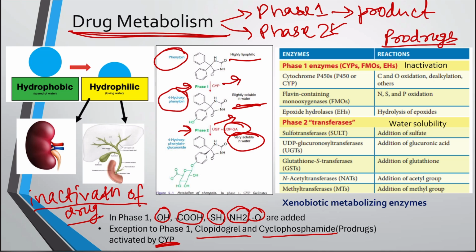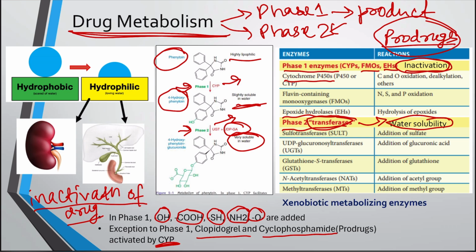Now coming to different enzymes which are responsible for catalyzing the phase 1 reactions and phase 2 reactions. So first, phase 1 enzymes. In phase 1 we have enzymes like cytochrome P450 enzyme, which is the major group of enzyme. Then we have FMOs, that is flavin containing monooxygenase. Then we have EH, that is epoxide hydrolase, so it causes the hydrolysis of the epoxide groups. So these enzymes are responsible for causing the inactivation of the drugs, and in case of prodrugs they cause the activation of the drug. Next, phase 2 enzymes are mainly the transferases, and they are responsible for